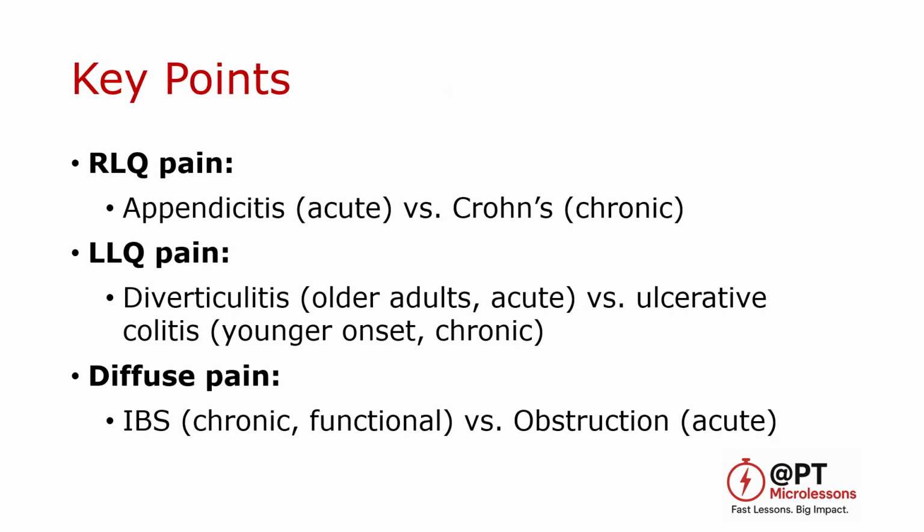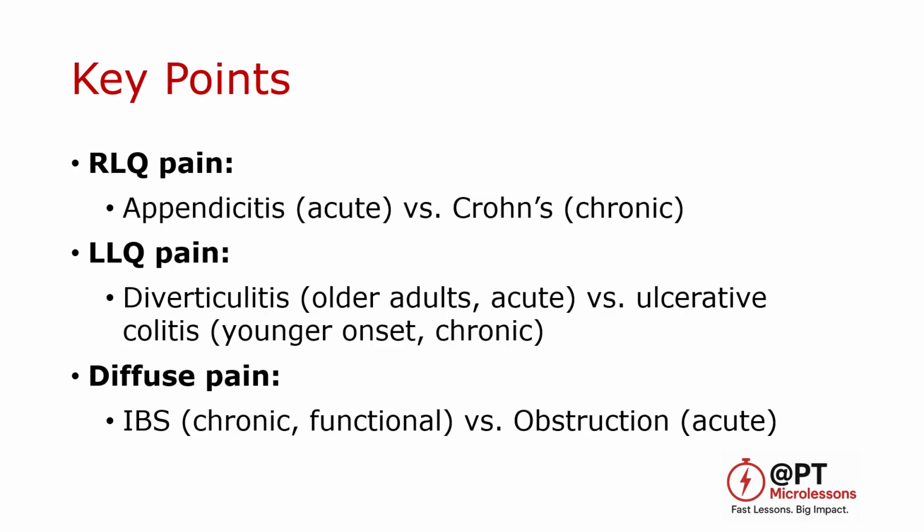To wrap this up, I have found that clinical triads are a helpful way to remember many different pathologies. I have also noticed that it helps, both on exams and clinically, if you know where the pain typically presents, the age of onset, and whether the condition is acute or chronic. For example, both appendicitis and Crohn's disease can present with right lower quadrant pain, but appendicitis is acute, while Crohn's is chronic. If a patient presents with left lower quadrant pain, especially an older adult, you should be thinking about